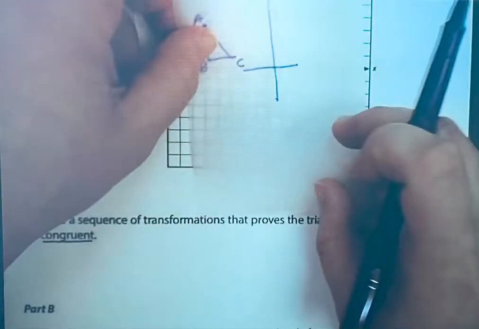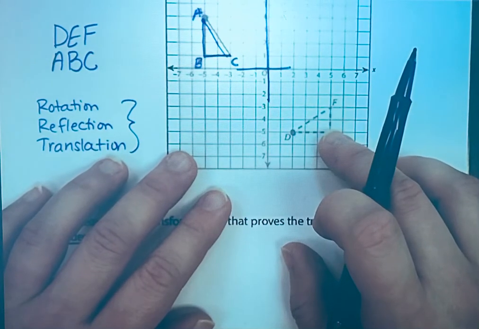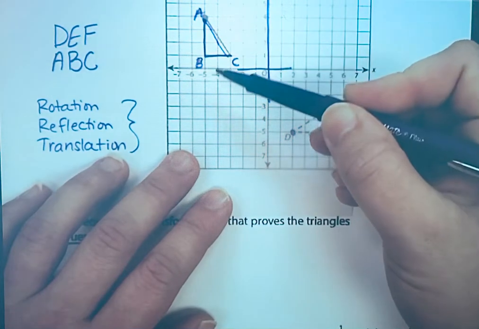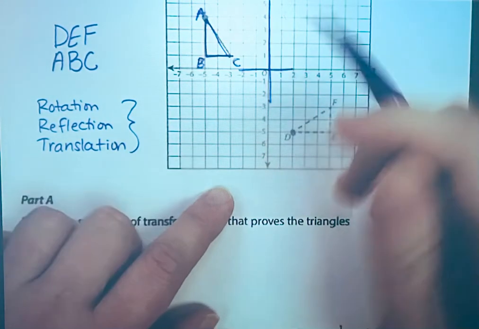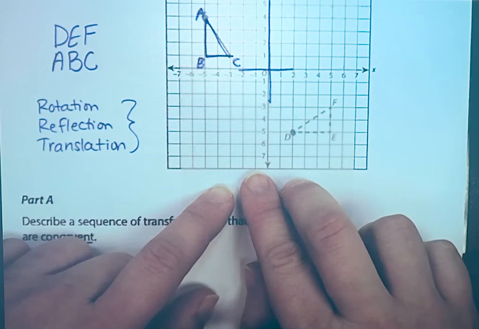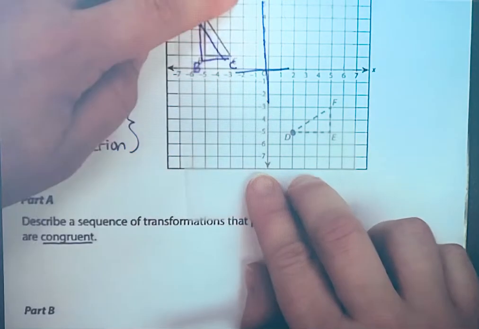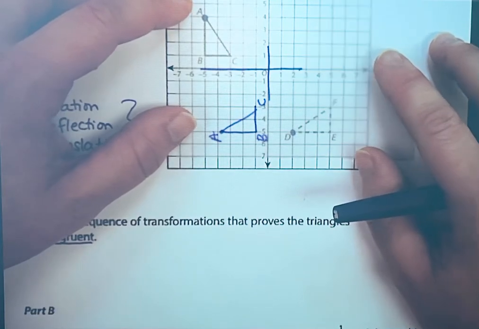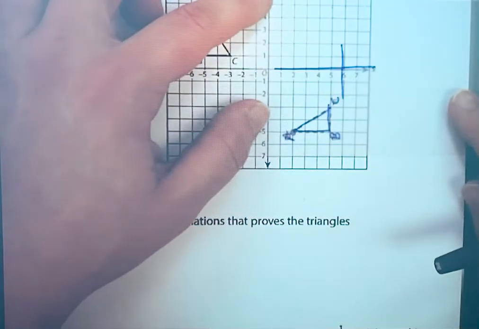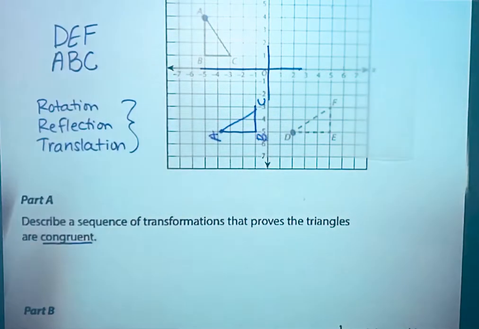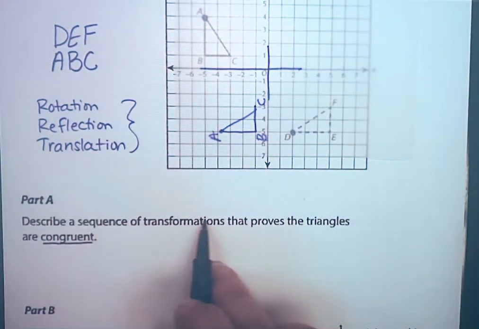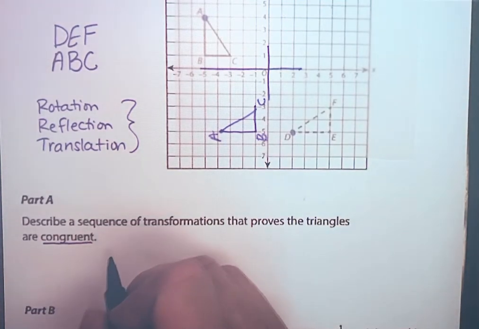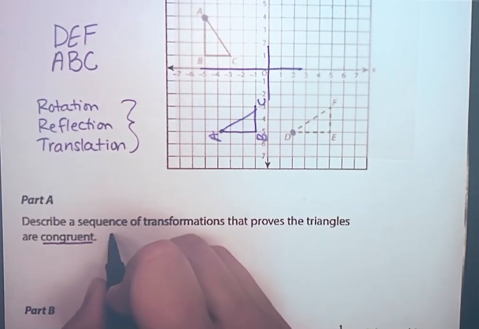So there's actually two options here, two correct answers. The first correct answer could be this. You start here, and if I'm turning this direction, that is not going to be clockwise, that's counterclockwise. So I could go counterclockwise, one turn, there. And then I would translate over. So I'm going to stay there. It says describe a sequence of transformations that proves the triangles are congruent. Well, one sequence is you can rotate